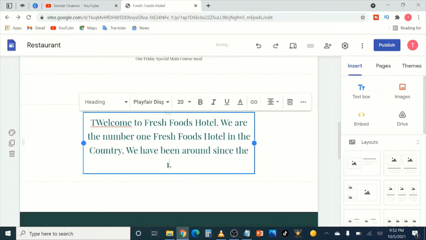1994. So you just want to indicate when your hotel was started, and mainly these big hotels, they do have the dates in which they were started. So you want to maybe go down the history route so that people can know that your hotel was established a number of years ago, and we've been there for a long time. So we have been around since 1994, and we've